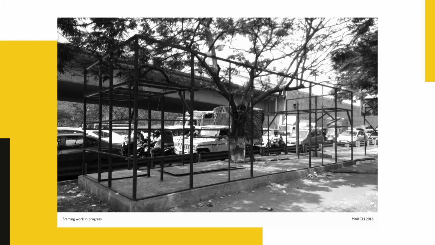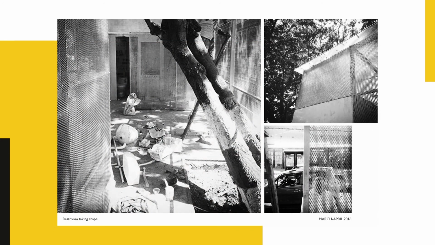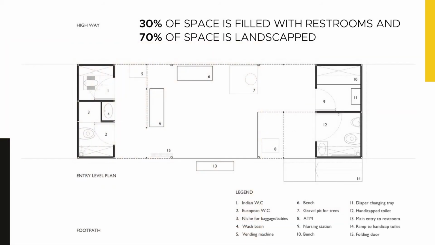As a result of this intervention, during the day, the natural light lit up the box, filtering through the trees, and at night the box lights the surroundings. The restroom for women measures 10 feet by 30 feet, and is built around an existing tree. It has 4 blocks at 2 ends. At one end there are 2 toilets with a common wash basin, and at the other end, there is a nursing room and a toilet for handicapped and senior citizens.